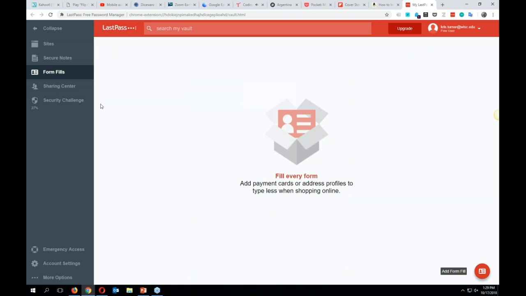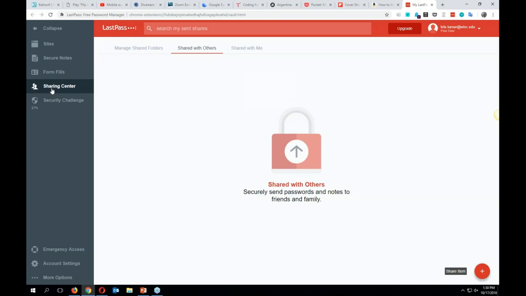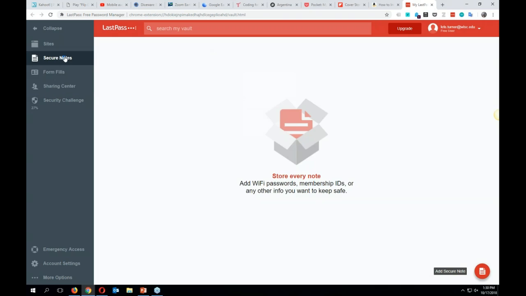So if you want to fill in your credit card information here, you could just do that via Amazon. If you're on Amazon, you could just say fill in the credit card information that's in LastPass. So you could just fill it all in once, and then LastPass would understand to fill it in all these credit card places if you're buying anything online. You can share things if you need to here with other people, or if you have secure notes, if you want to just add other information, as you can see, they're suggesting Wi-Fi passwords or IDs, other things that aren't quite true passwords for websites, but you want to keep secure anyway. This is where you can keep those notes.